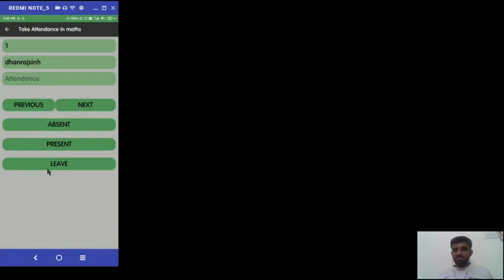There are also three other buttons, which are absent, present and leave. Suppose I am on leave on 21 November 2020. So here leave is done. You can see in gray font there is a leave, and now you can see 21 November 2020 is updated as a leave.